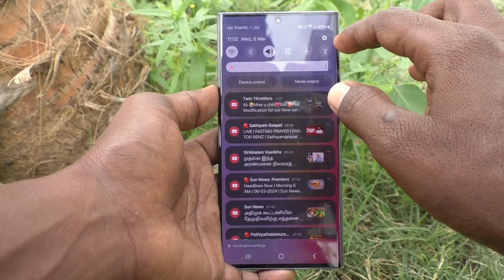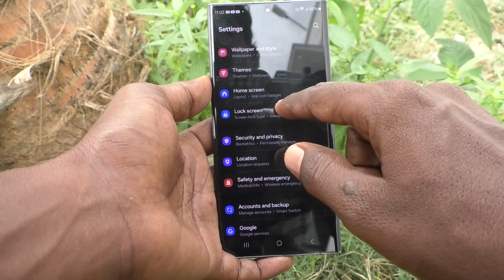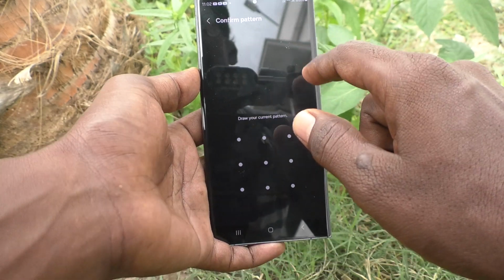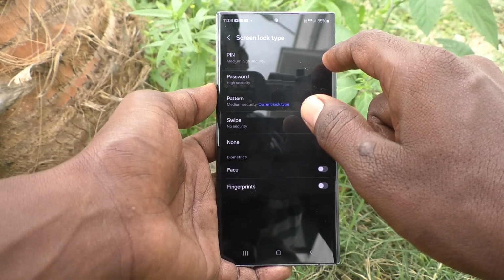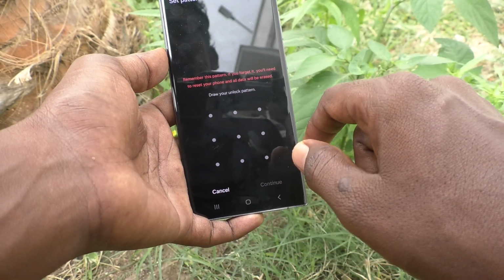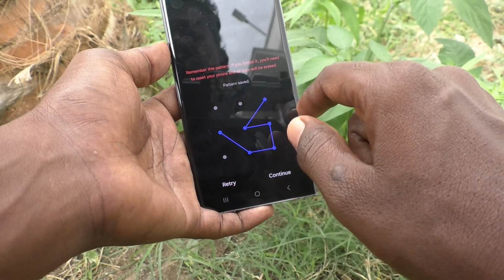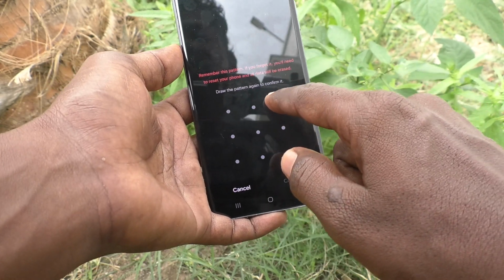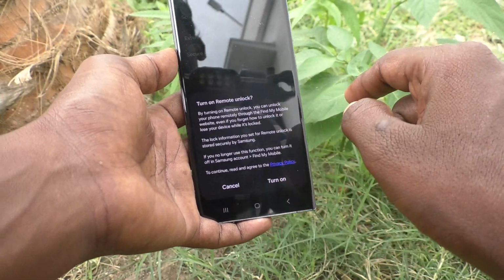So what I have to do is just go to the settings first, then go to lock screen, then go to screen lock type, and draw the current pattern for confirmation and authentication. Now click on pattern again and draw another pattern. Now I draw this one. Click on continue. Again draw the same pattern to verify and click on confirm,